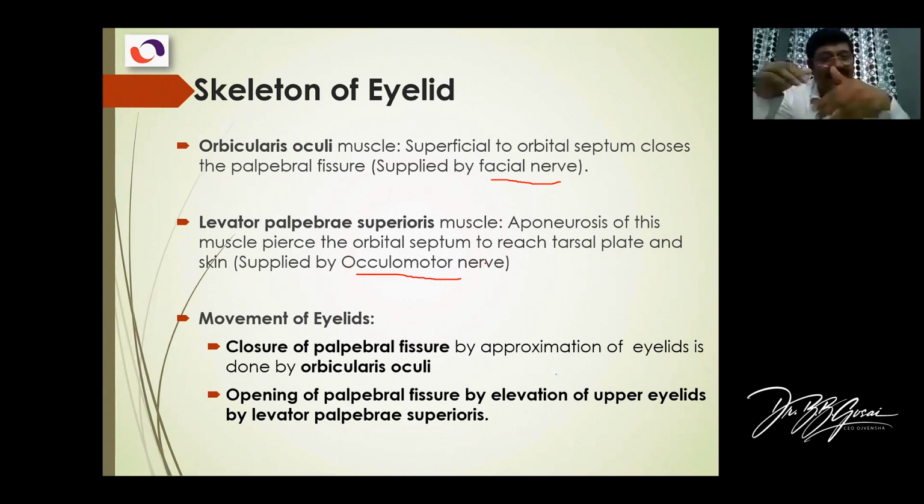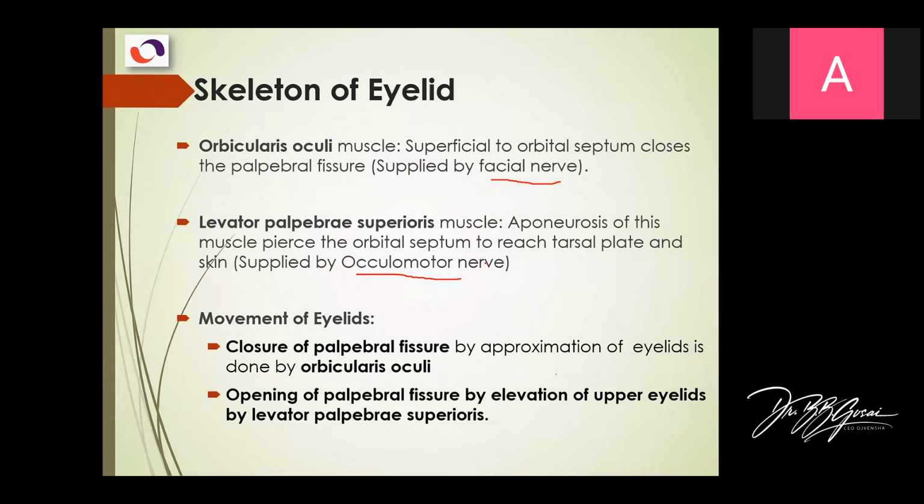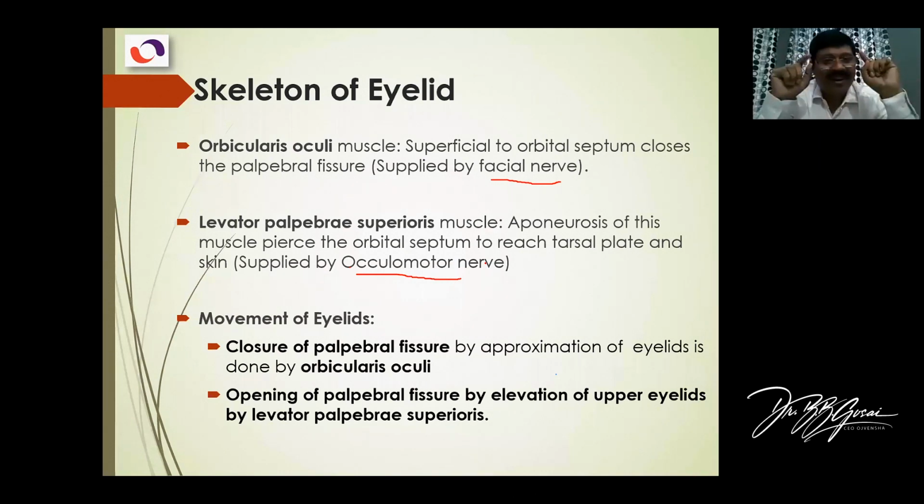So some points which come up later on, we'll skip a little faster. I'm just trying to build up so that you understand the principles. So orbicularis oculi, facial nerve, and levator palpebrae, oculomotor nerve. Orbicularis is for closure and levator is for the opening of the eye. Damage to the facial nerve, clear, inability to close the eye, leads to damage to the cornea, and paralysis of levator by damage to the oculomotor nerve causes ptosis, drooping of the eye. So the eye will remain like that, partly closed, so he cannot see.